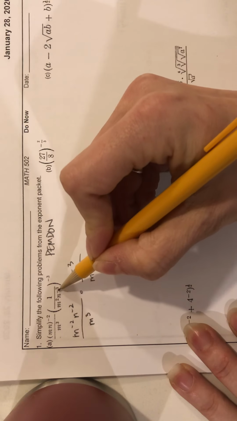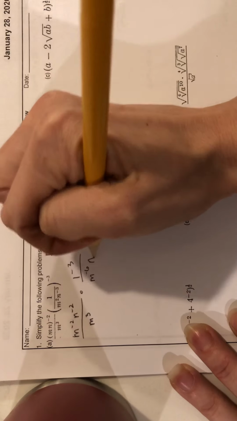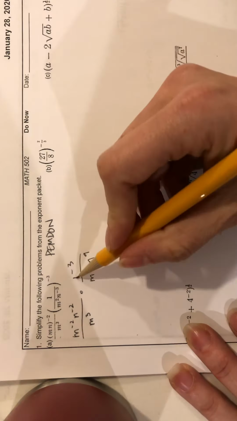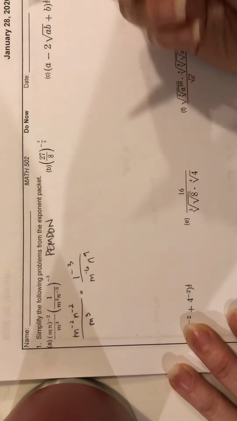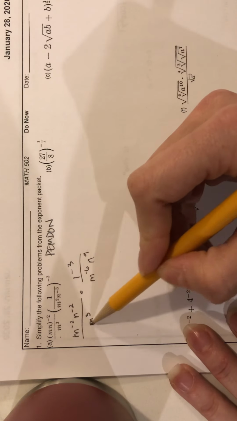And then here, n to the negative 3 to the negative 3, again, power to a power, you're going to multiply, so n to the 9th. All right. Well, 1 to any power is just 1. So this kind of like disappears. It just becomes 1. And here I'm seeing that, all right, I can do a little bit of the